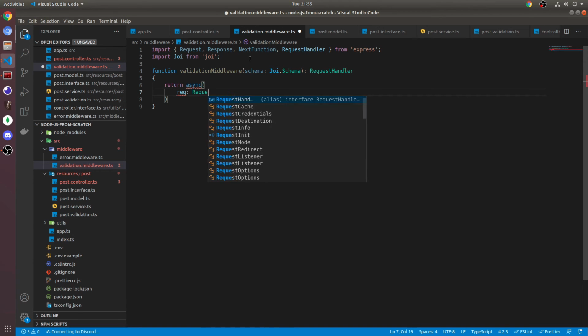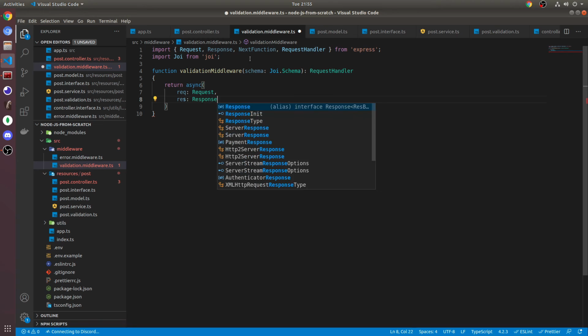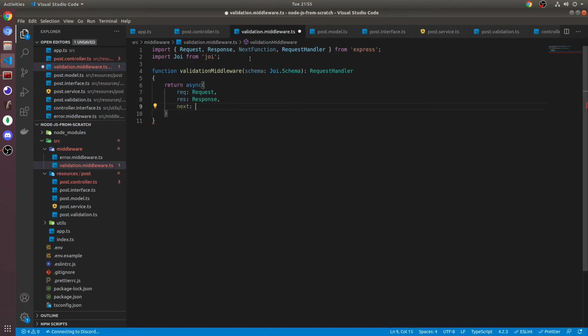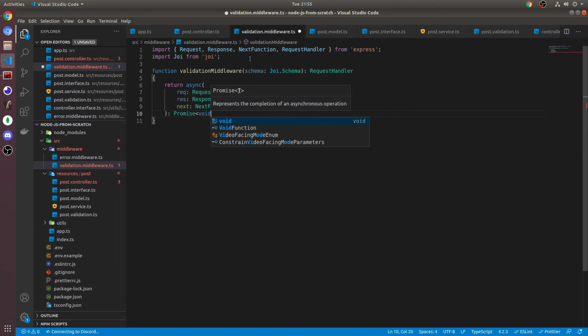It's going to be Request, res Response, and then next Function. Okay, it's going to return a Promise. It's going to be void, and using arrow functions we'll do